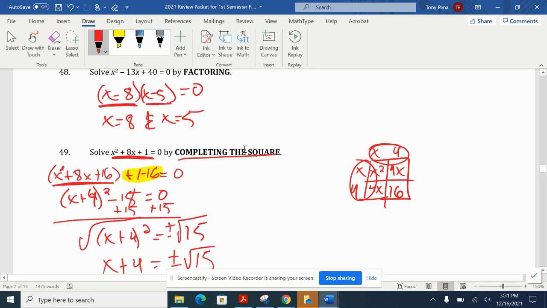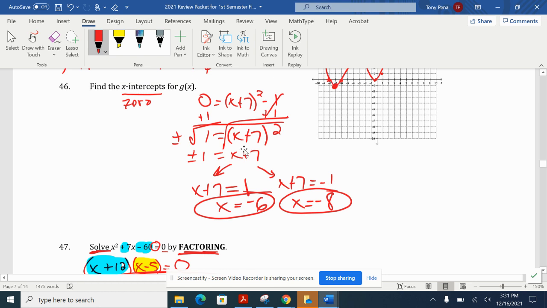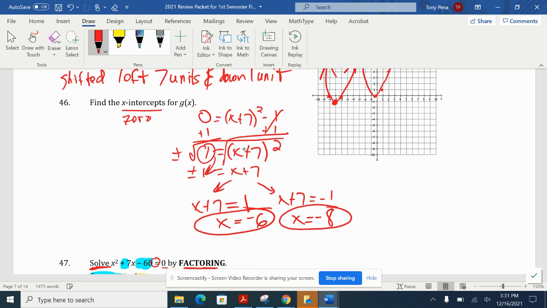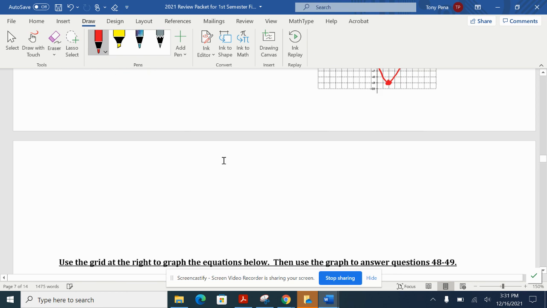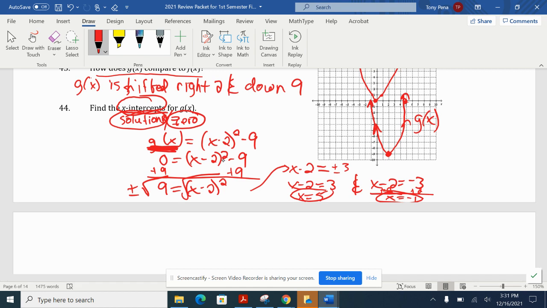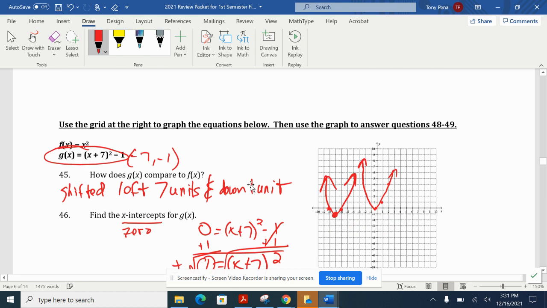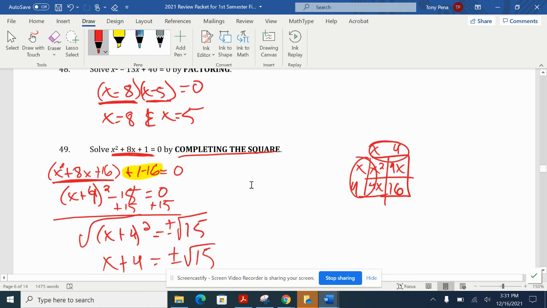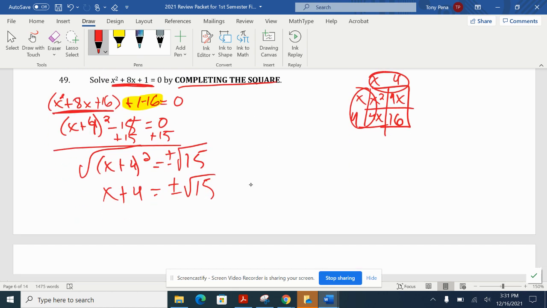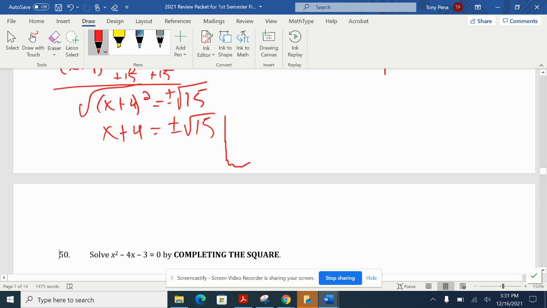There's nothing we can do with this one. The ones that we were doing up here earlier worked out nicely because the square root of 1 is a nice 1. The previous problem, the square root of 9 is a nice 3. So we get positive negative 3. Our issue with this, not much you can do with this square root of 15. So our two equations,